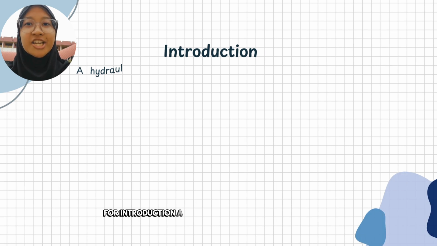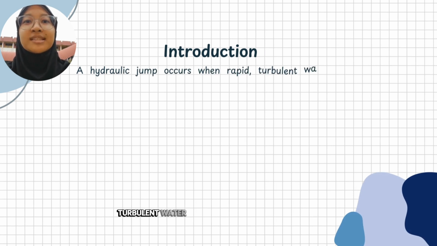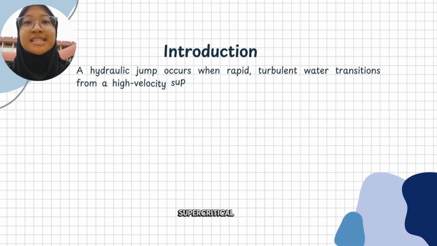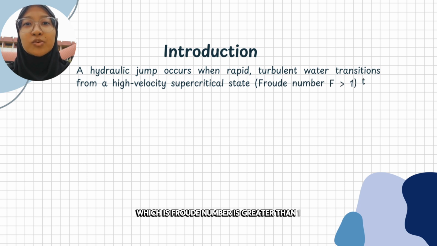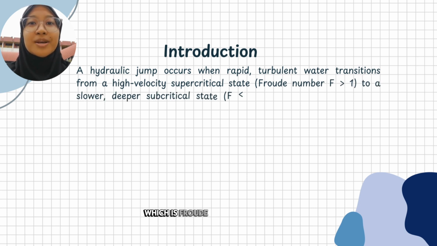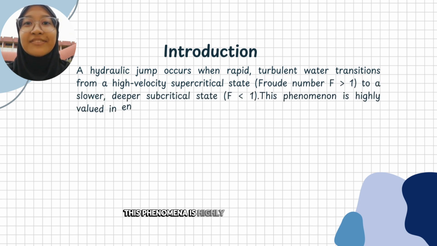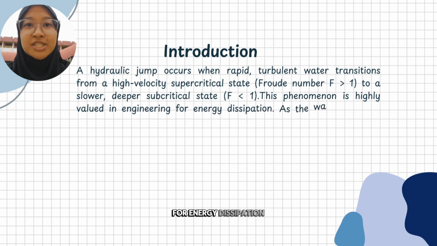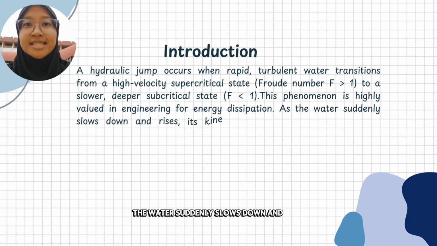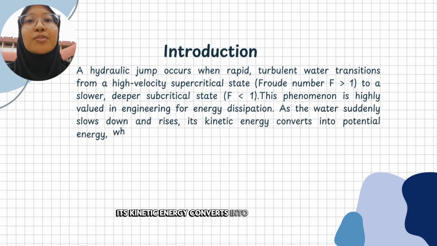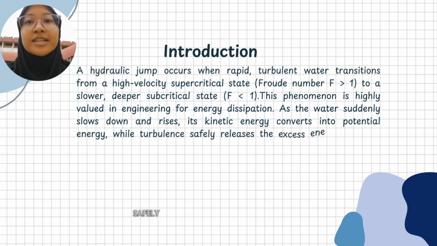For the introduction, a hydraulic jump occurs when rapid turbulent water transitions from a high velocity supercritical state, where the Froude number is greater than 1, to a slower, deeper subcritical state, where the Froude number is less than 1. This phenomenon is highly valued in engineering for energy dissipation. As the water suddenly slows down and rises, its kinetic energy converts into potential energy, while turbulence safely releases the